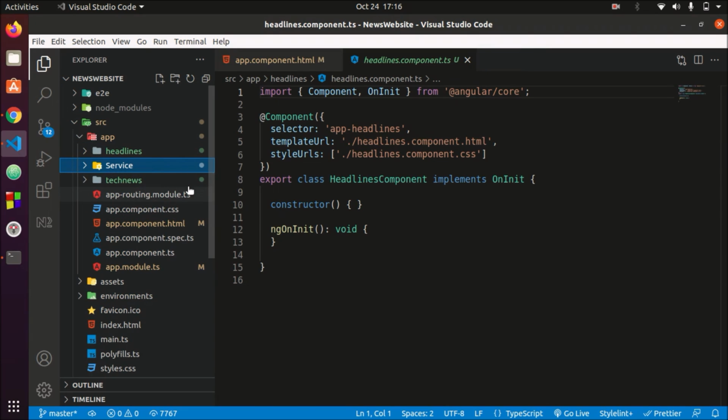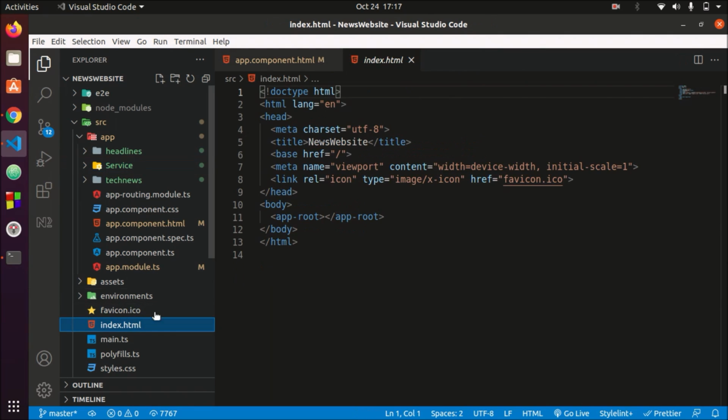Now let's do one thing. We will also include Bootstrap in our code. So let's include Bootstrap in the index.html file. So let's find out the index.html file, and we know that the link for Bootstrap can be found on the Bootstrap website.